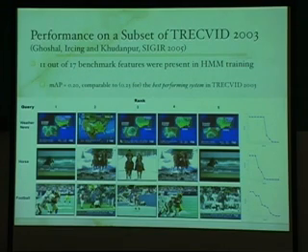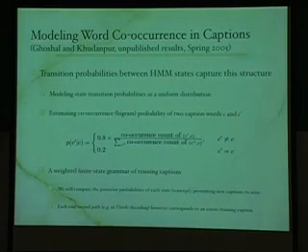Okay. We looked at modeling these word co-occurrence probabilities. If I see grass and trees in the image, I'm likely to see tigers. Or the other way around, if I see a tiger, it better be in grass and trees and not in sky and water or buildings or whatever it is. So you would like to model co-occurrence of caption words. We built a couple of models.